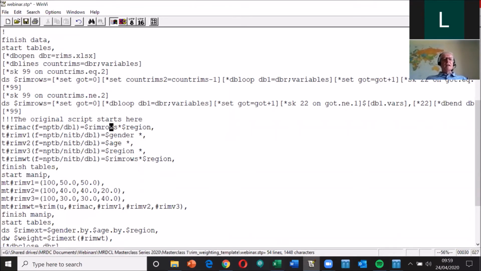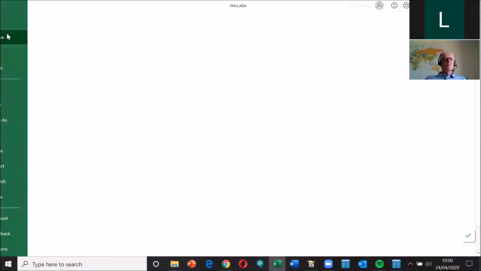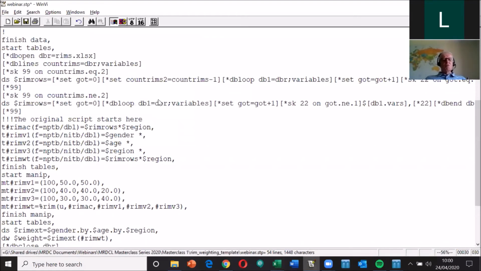So I'm always analyzing rim rows, but the table I'm analyzing it by is always the last one on the list of variables. I'm going to put region back in here now. I ought to save that before I do it. So we want to put region here. So I want to get the last variable on my list here. So I can do the same thing again. I can say star db loop db1 equals dbr semicolon variables. And the way that you can get the last one in the loop is to say that here